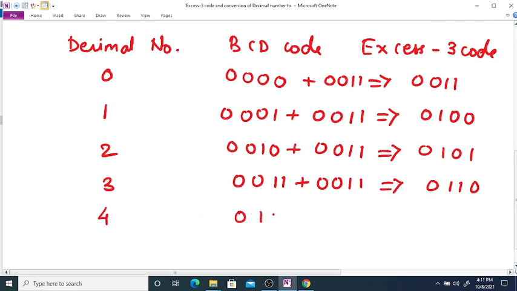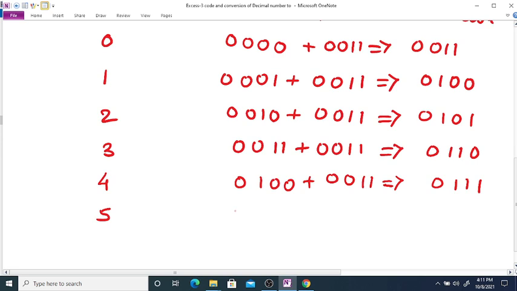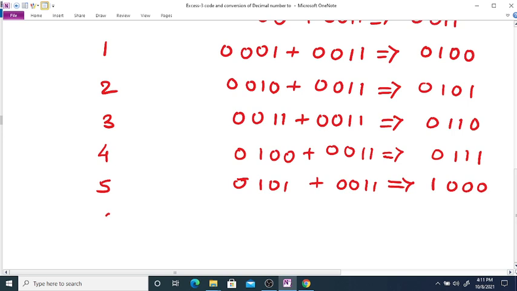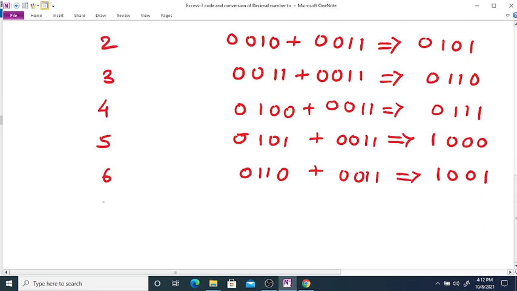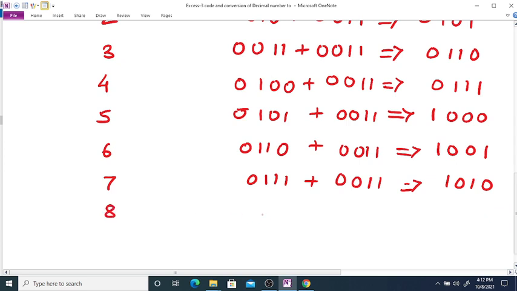4, 0100 plus 0011, we will get 0111. 5, 0101 plus 0011, 1000. 6, 0110 plus 0011, we will get 1001. 7, 0111 plus 0011, we will get 1010. 8, 1000 plus 0011, we will get 1011.